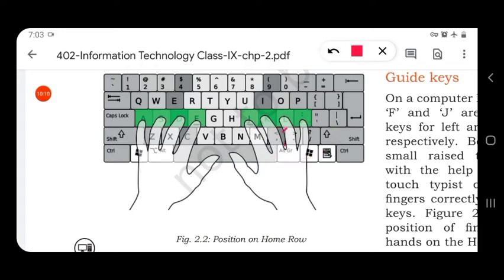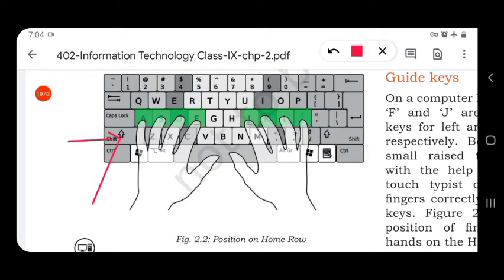For each keyboard key there are two symbols, and the symbol which is on the bottom can be directly printed by pressing the key, and to print the symbol which is on the top we have to press the shift key.